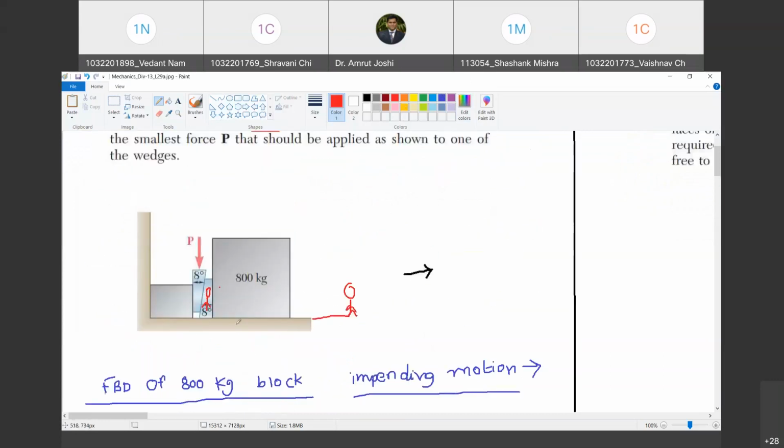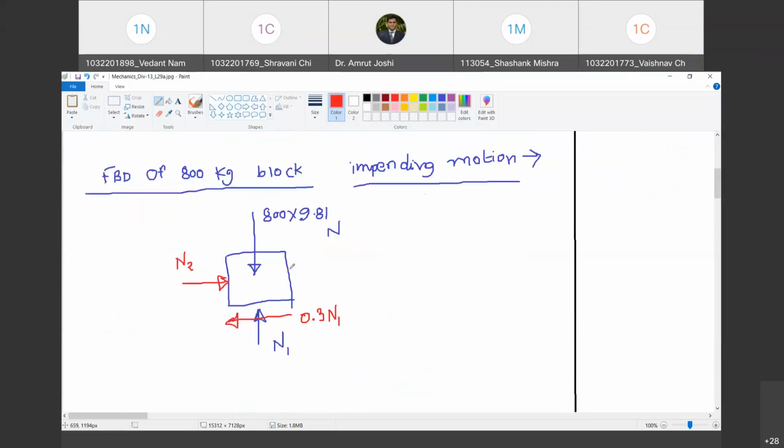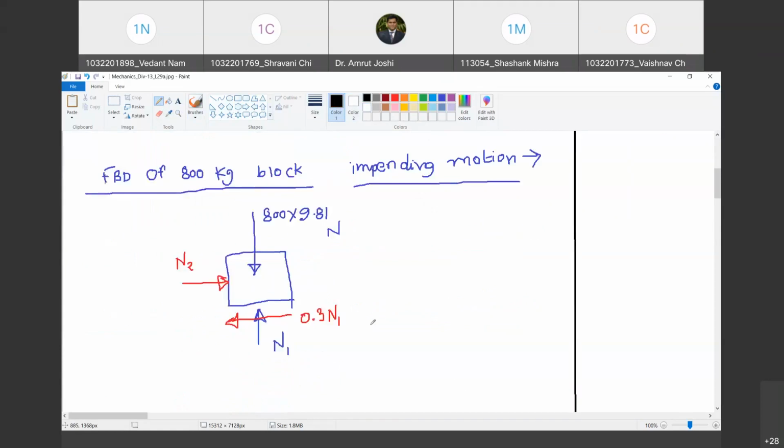Okay. So if that is the case, is the free body diagram over? There is nothing else which is external to the block. So I have drawn the free body diagram in its complete sense. Do you agree with me? Now tell me what are the equations that are applicable? Sum of all forces in the horizontal and vertical directions equal to 0. How many unknowns are there in this free body diagram? Two unknowns are there.